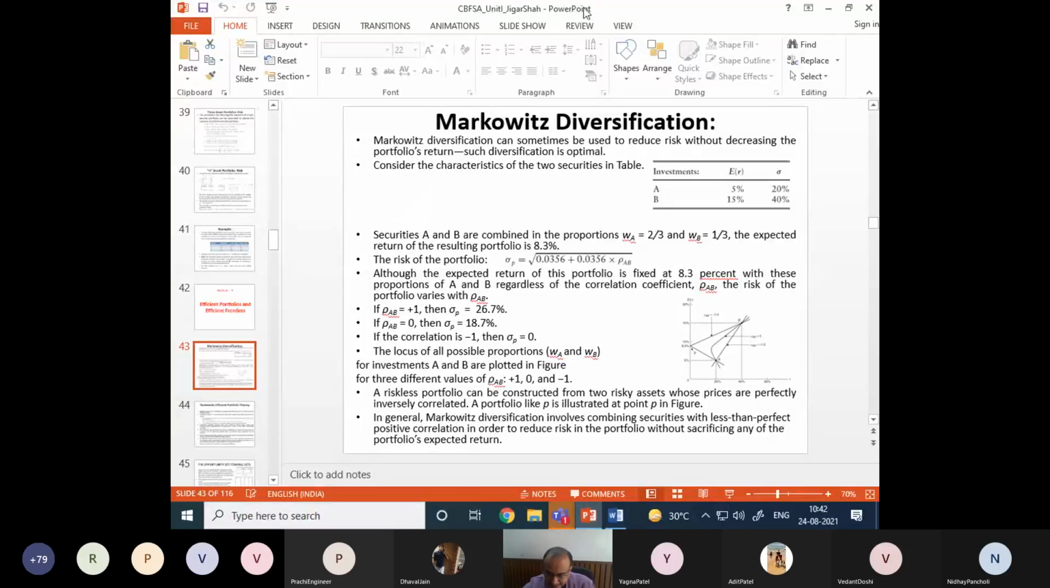So to understand this, let me consider again a two-security case with this known data. So I have two securities A and B with expected returns that we have seen in the last example, how to find the expected return and risk of the individual security. Here E of R for security A is 5%, that of B is 15%, and sigma,